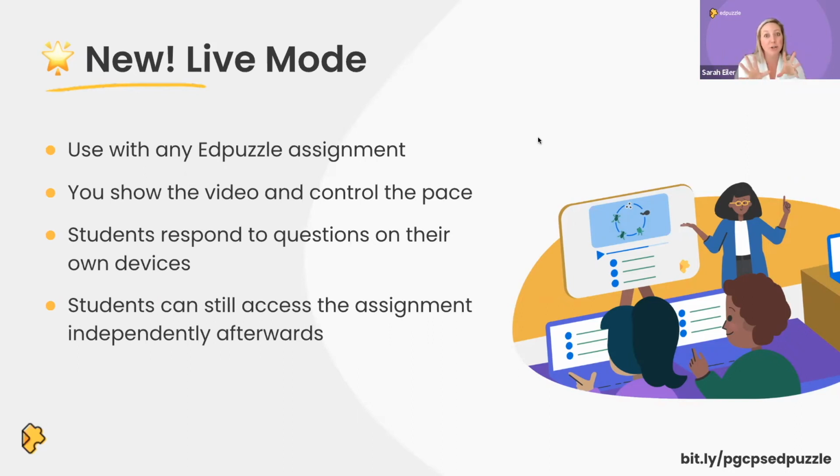So it's just like Kahoot, like they're all answering it on their own devices. And they can still access their answers and the assignment afterwards. They can't change their answers, obviously, but they can still see the assignment afterwards, but you're presenting it on the front of the screen and you're deciding the pace. So if you have kids that are notorious for always just skipping through the end of the portion, first of all, you've got prevent skipping on your side. So keep that in mind, but also you can control the pace at the front of the room and make sure that we're all taking our time answering the questions and watching the video,